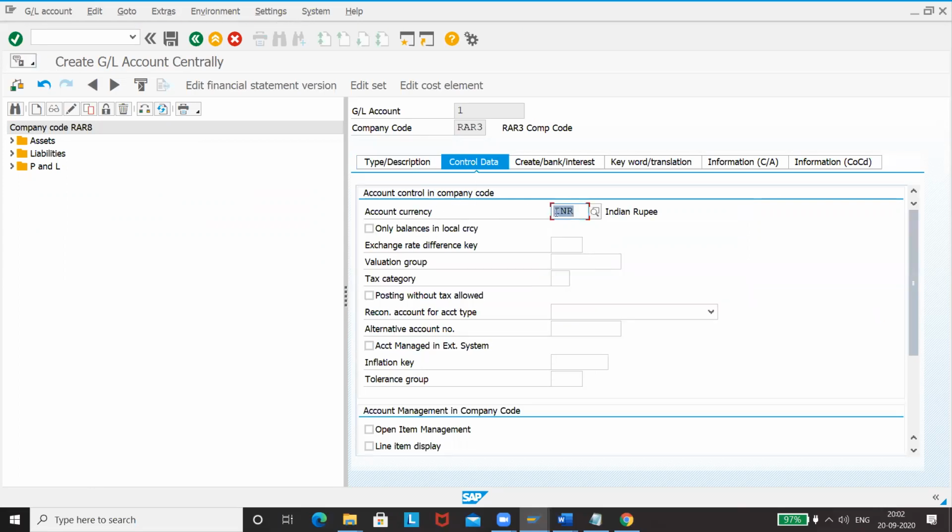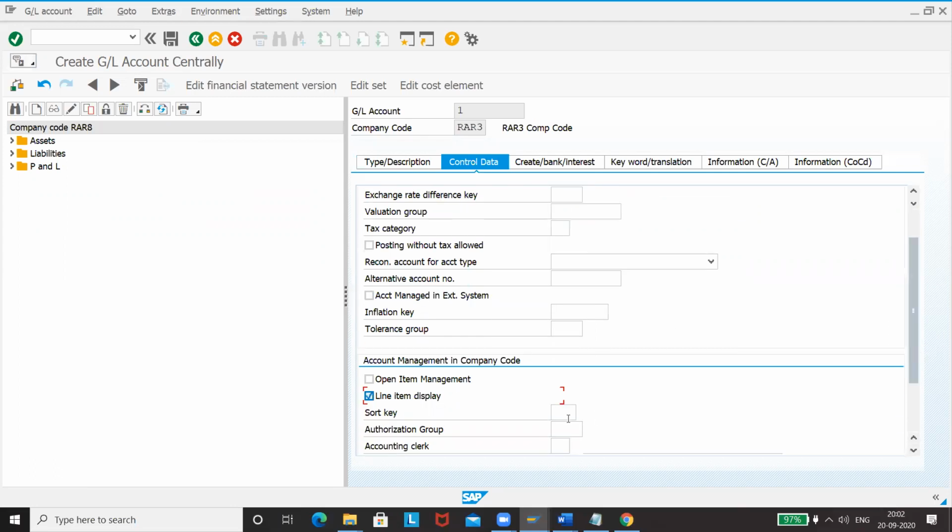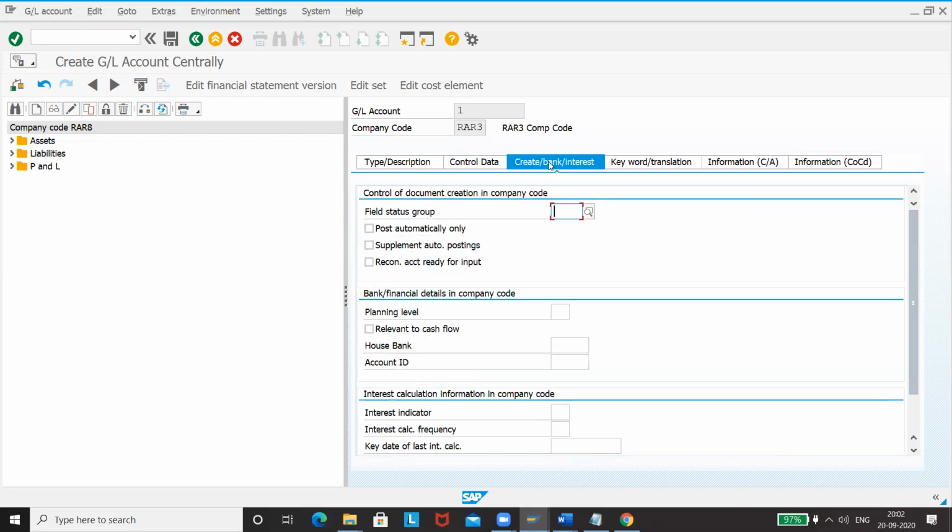Give currency. Only balance in local currency. The important thing is line item display and short key 001. State bank interest.